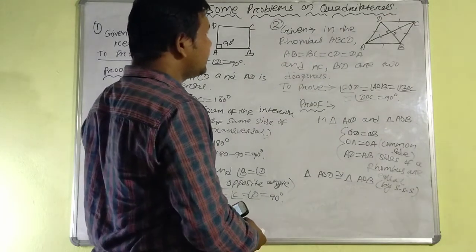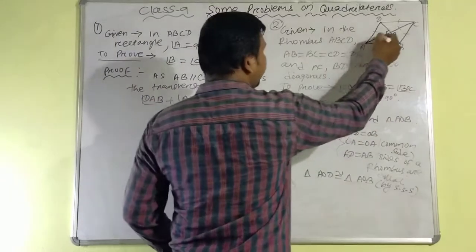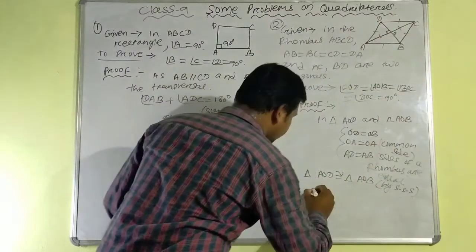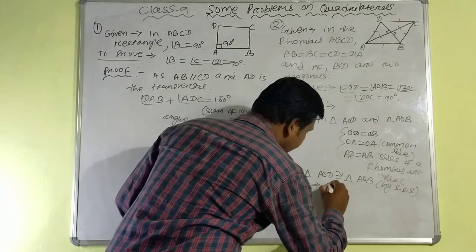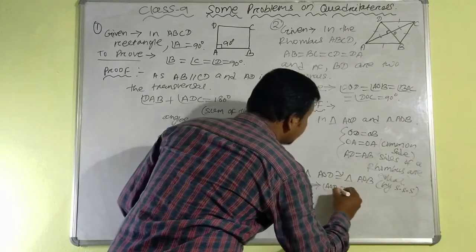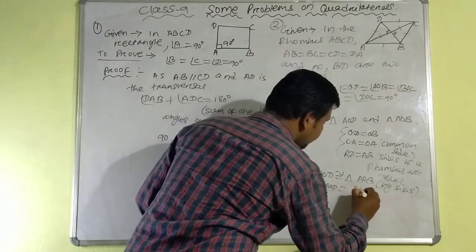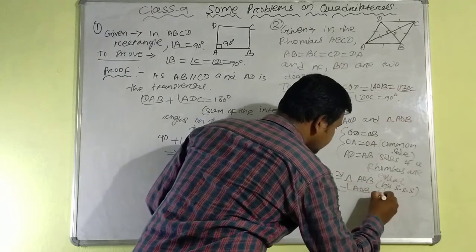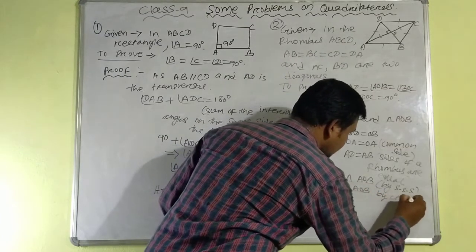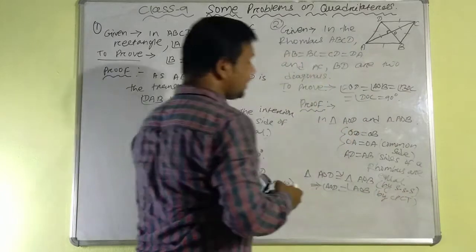Now we can say angle AOD equal to angle AOB. This implies angle AOD equal to angle AOB by CPCT. Okay. Now see here,